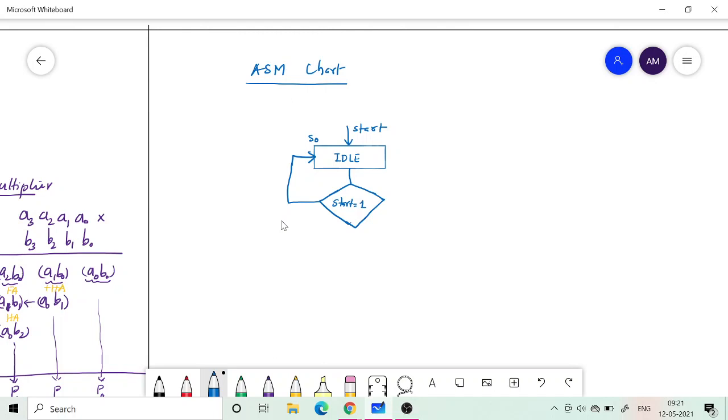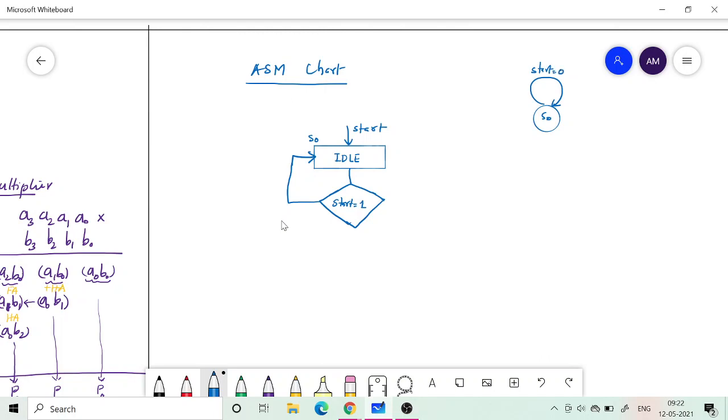Comparing it with the state diagram, S0 is there and start is an input. If start is equal to 0, you remain there.